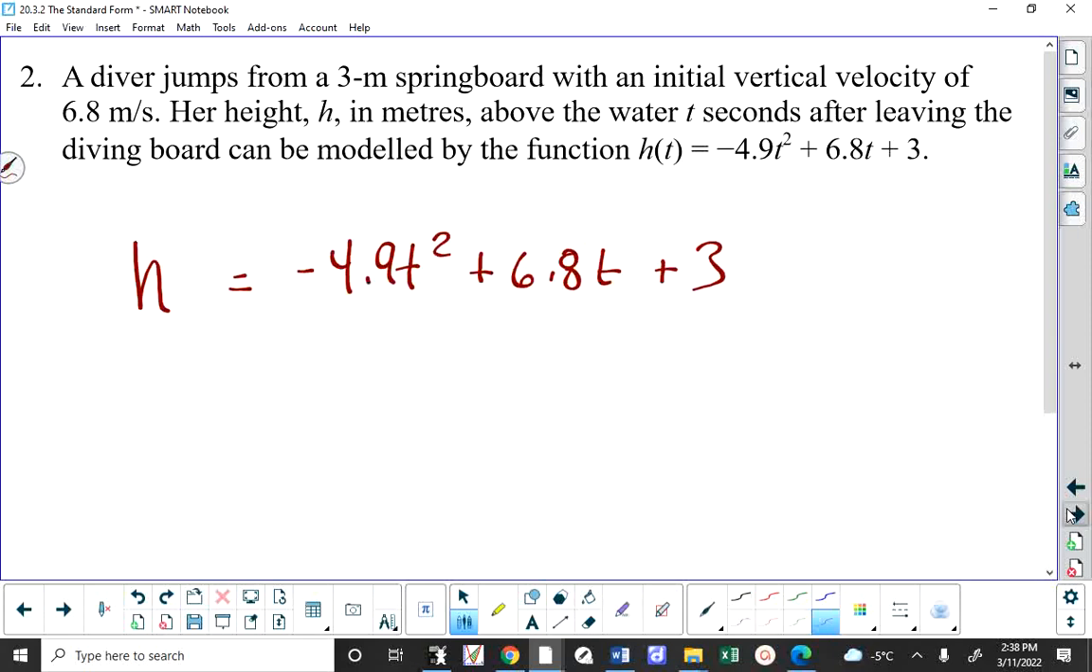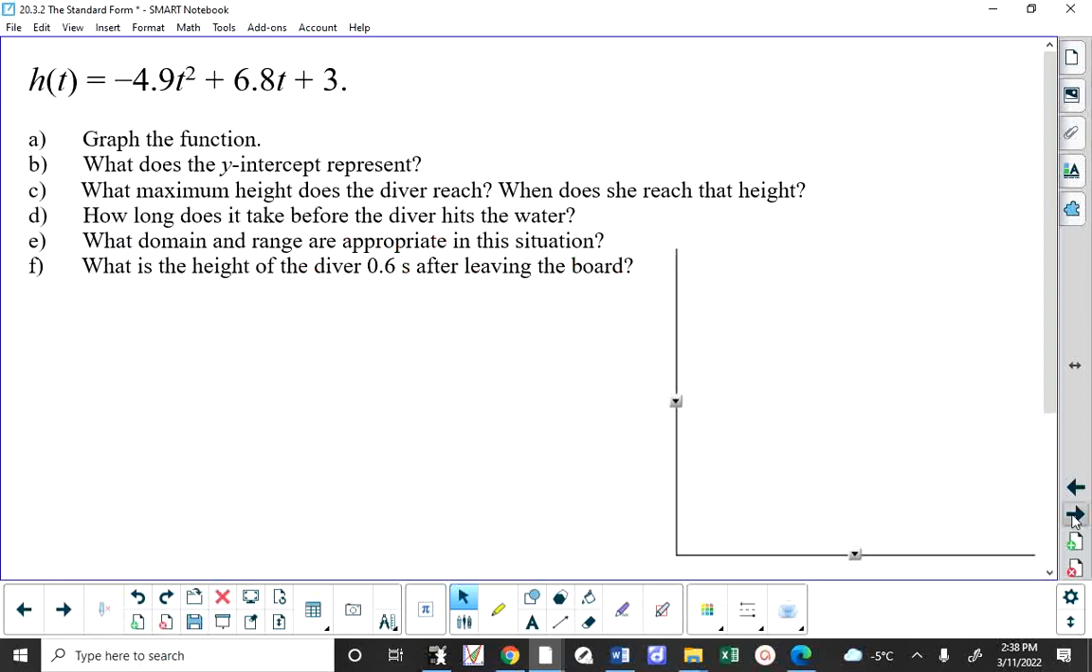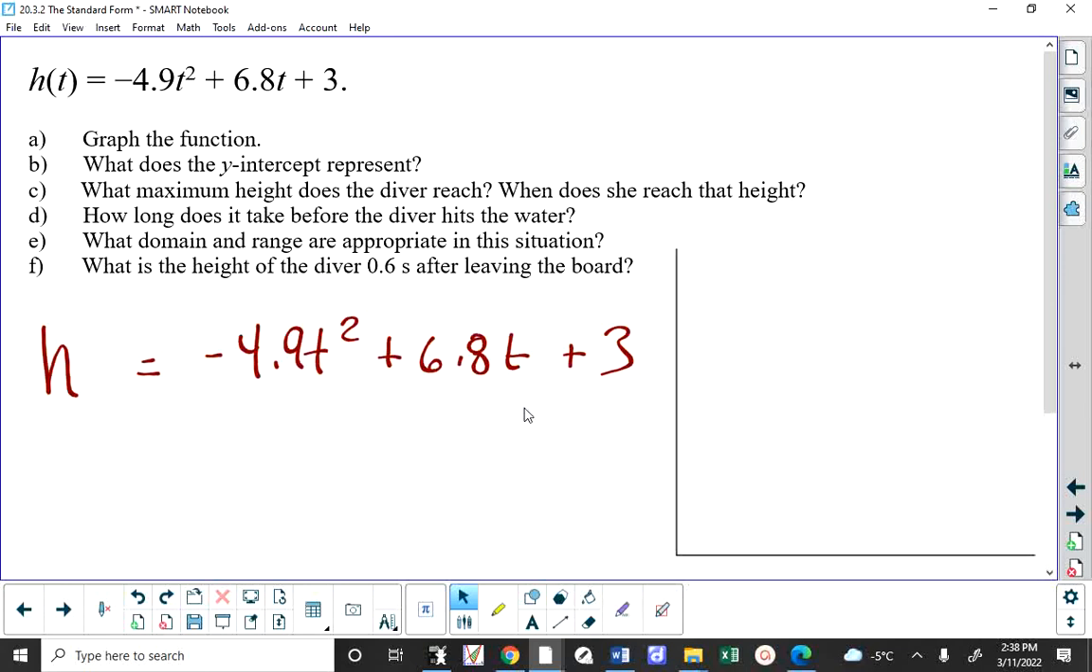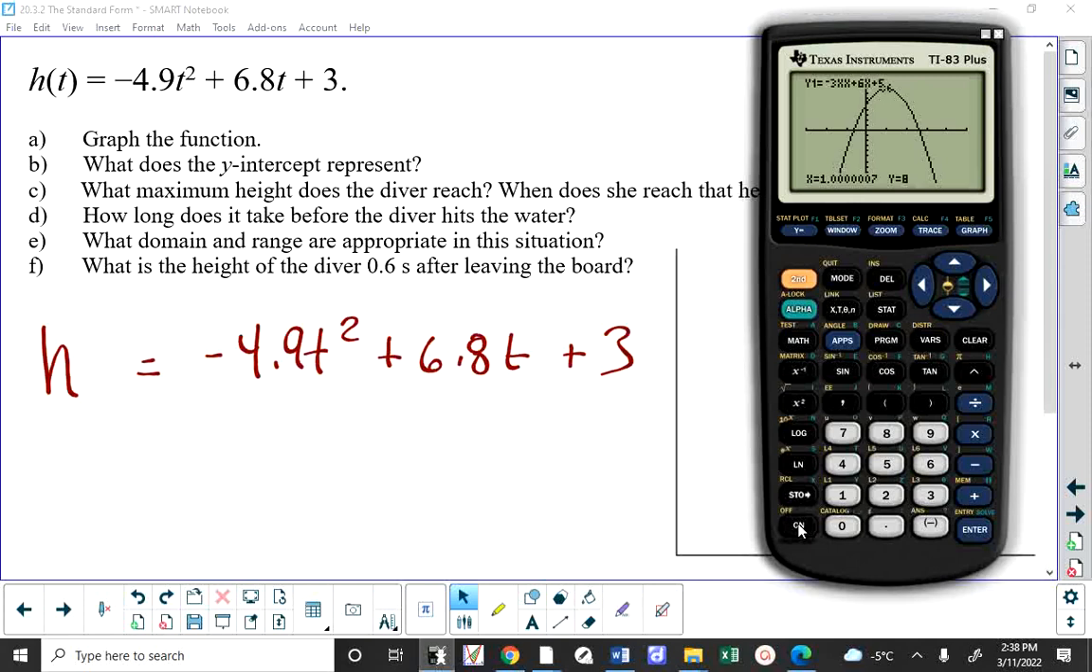You are asked all of these things. Now I have a grid here because I might use it to explain a few things, but I don't know if I will. Let's graph the function, and I mean on our calculator. We're not going to make a table of values here. So we go to y equals negative 4.9 x squared